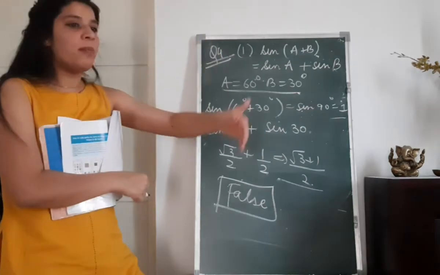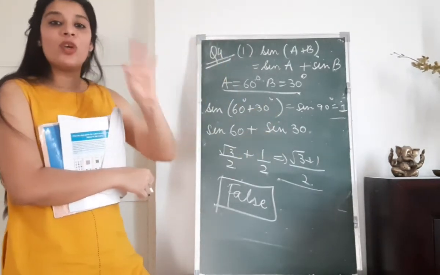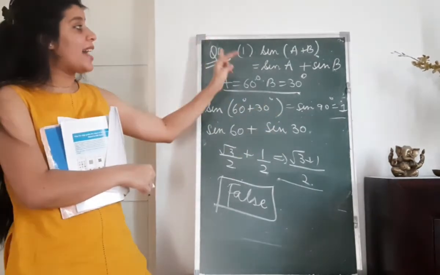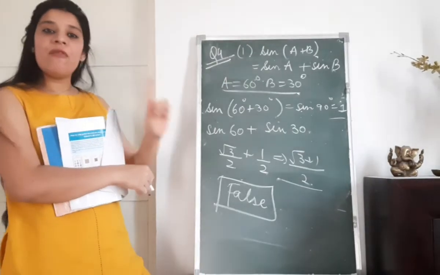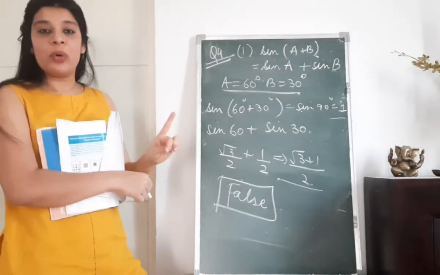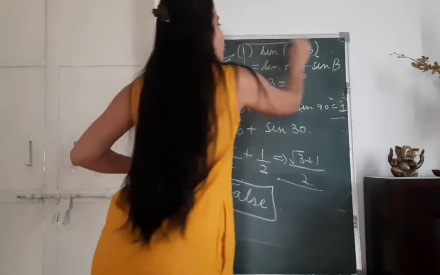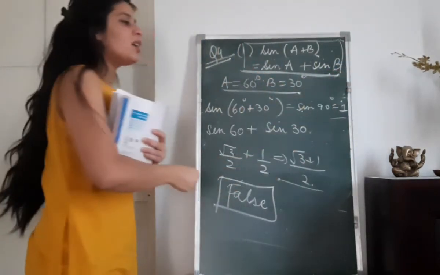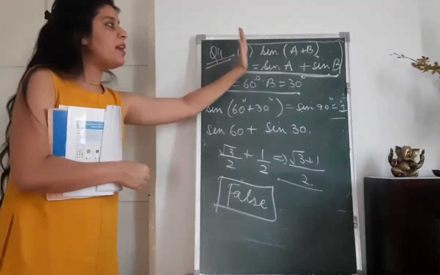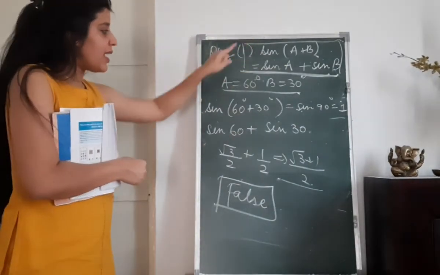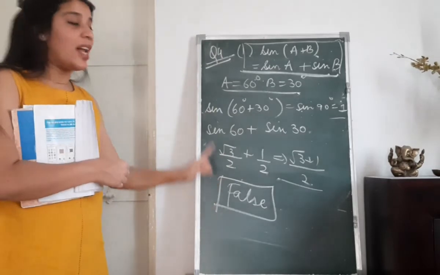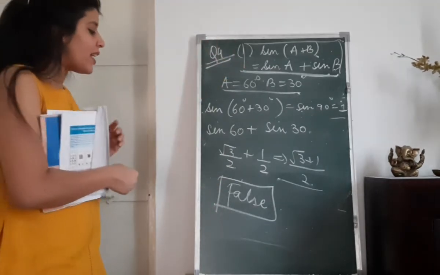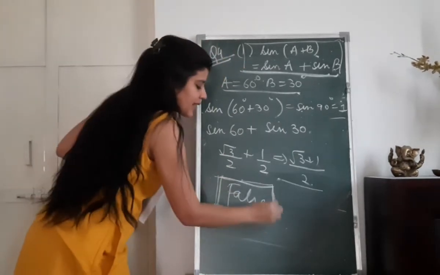You should check it for multiple values if you are getting your answer as true. Why? Because if it is true for one value, when is this equation going to be true? When it is true for all the values. So remember to check this for multiple values. Here, we do not need to check it for multiple values. Why do I not need to check this for multiple values? Because I am getting my answer as false here.